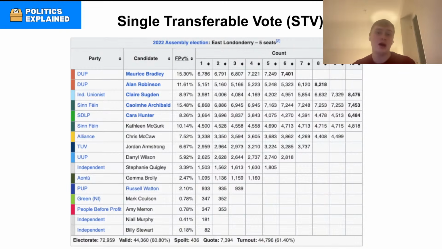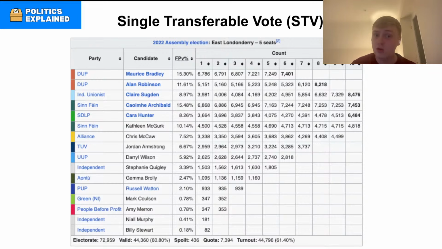To give you an example here, in East Londonderry in the 2022 Assembly election. So what we saw is actually this one was a very close election. So no one was elected on the first votes, no one on the second votes. All of these kind of 5th and 6th preferences really needed to be taken into account. But eventually what you had is the top 5 MPs with the most votes overall using that Droop formula being